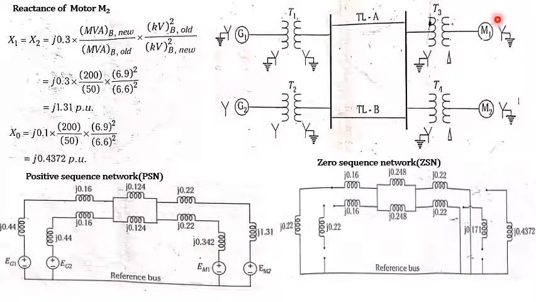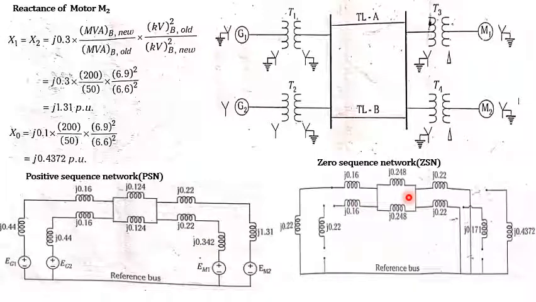Okay, and the motor is star grounded, so this series switch gets closed. Motor M1 is connected to a star ground. Okay, and G2 is just star, not grounded, that's why we are not closing this series switch. Then the transformer T2 primary is also star, not grounded, that's why we are not closing this series switch. Okay, and the secondary is star grounded, that's why we are closing the switch at this point.